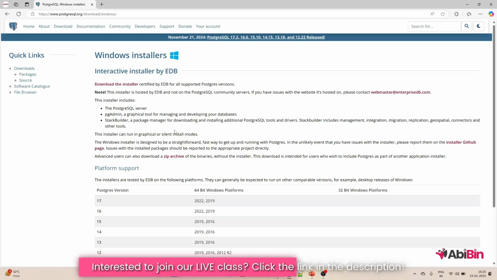You can see that the installer is coming from EDB, which is a company that creates a lot of enterprise standard features for the open source software of PostgreSQL, and it is approved by the Postgres community owners itself. You can download the installer from here, depending upon which is your supported operating system. So click on the download installer,